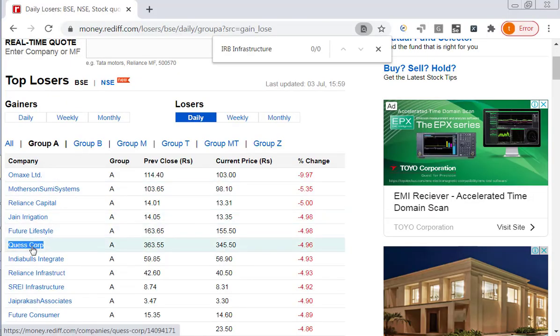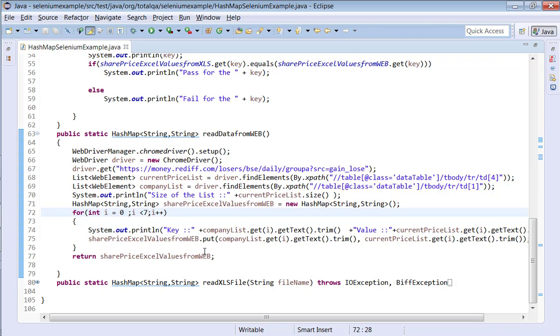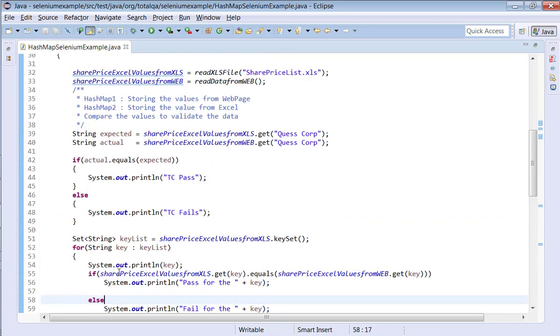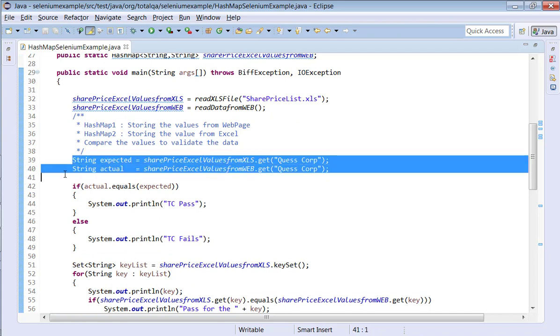The data available in the 7th row will be stored in the hash map. Also, when you read the data from the Excel, Quess Corp is already available in the Excel. So when you call this logic in the main method, we get the expected value and the actual value, and we can compare whether it is working fine or not.